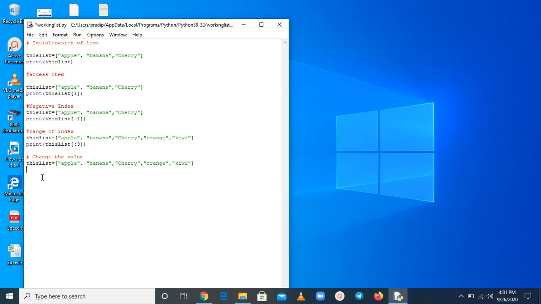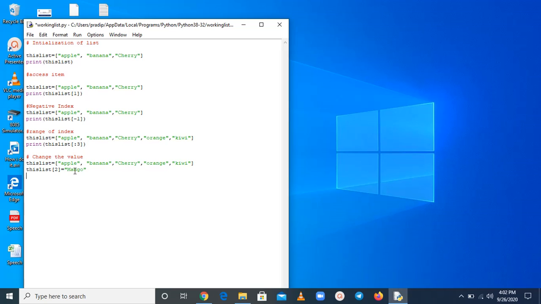Suppose at index number 2, that is cherry, 0, 1, 2. Firstly pass index 2 of cherry, and write what you want to put here, suppose I write mango.